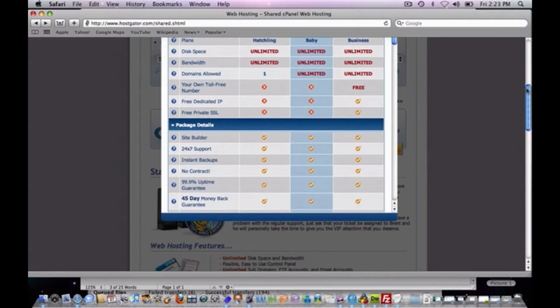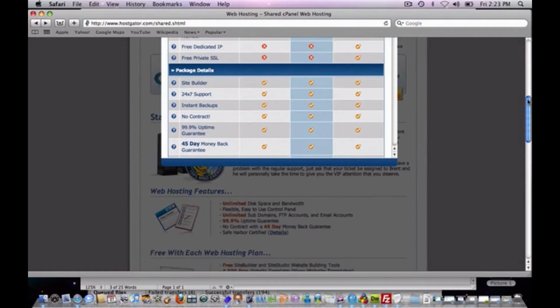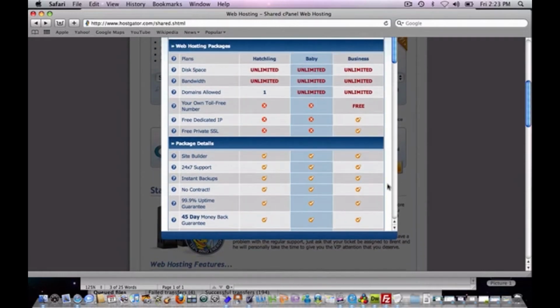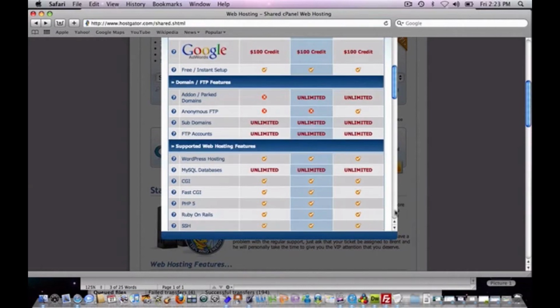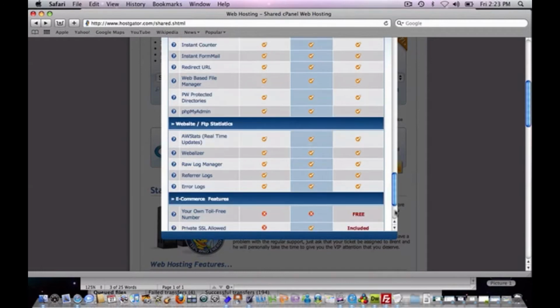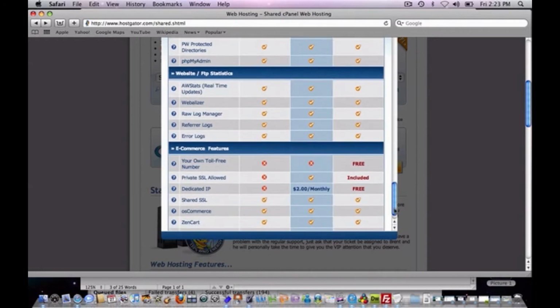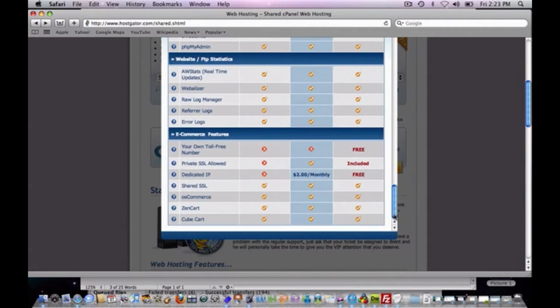Let's see what's different about the business plan. You get a free toll-free number. Don't know how that works. Okay, so if that's important to you, you might want to look into that. Let's see. You get a dedicated IP address for free. That's a real useful thing to have. And so for this, I'm going to go with the business plan,